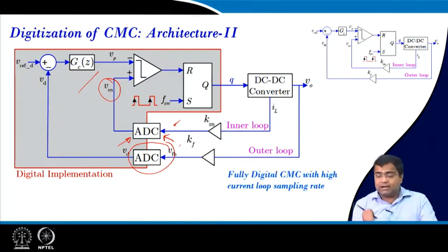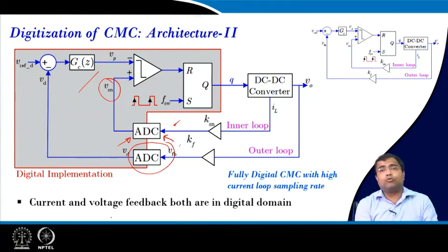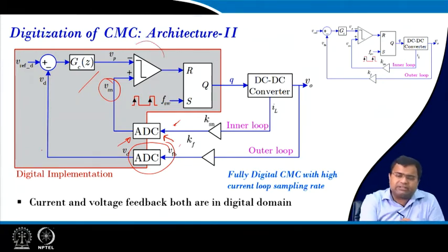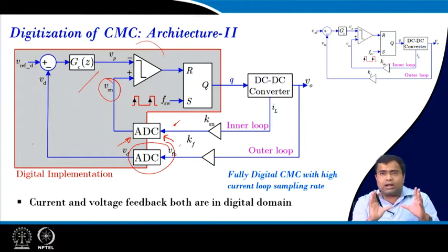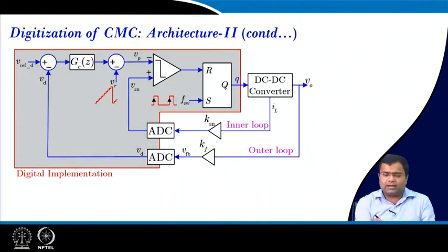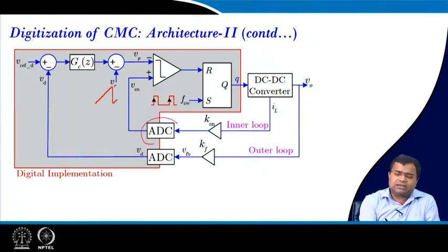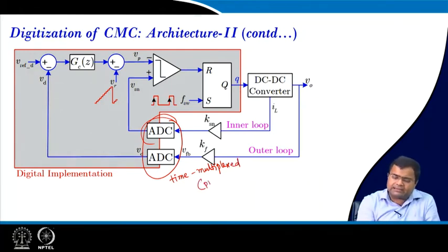So, this is called fully digital current mode control with high current sampling rate. Here the current and voltage loops are both digital. So, everything is in digital. Then how to address this problem? One way to address this problem, we take one sample of the ADC. That means, as if these two ADCs will be time multiplexed. Time multiplex, that means it can be a pipeline ADC,